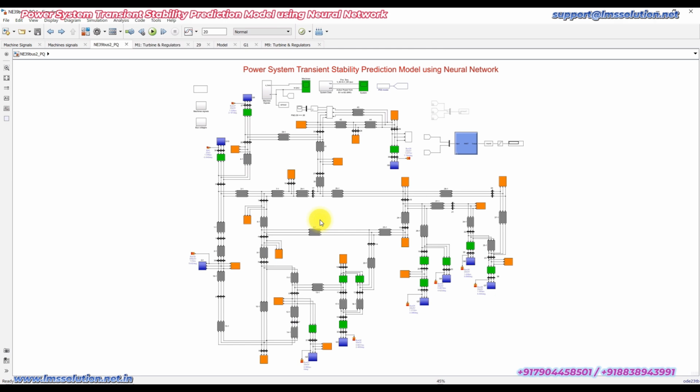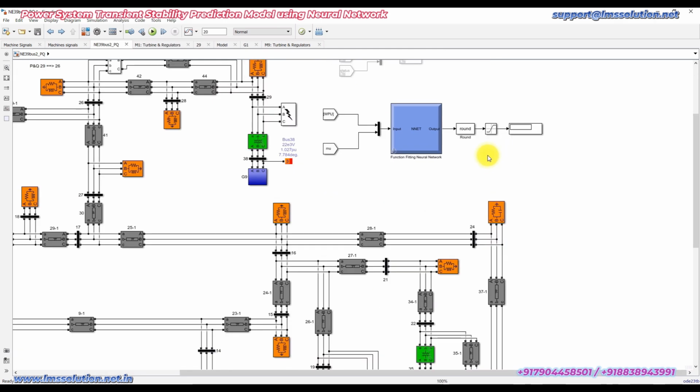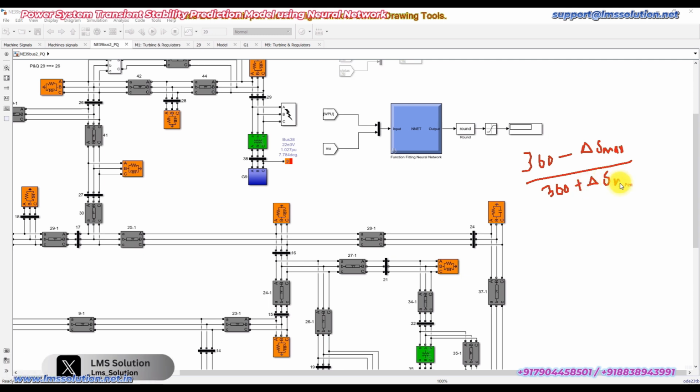Here you can see that we are using the neural network. The neural network has two inputs. One is the rotor speed of the generator, and the other one is mu, nothing but the stability index. The stability index is calculated by using this formula: 360 minus del max, divided by 360 plus del max. Del max is nothing but the difference between the power angles,